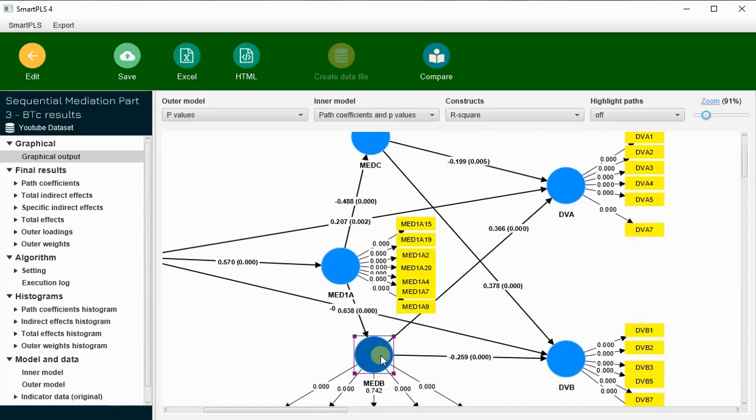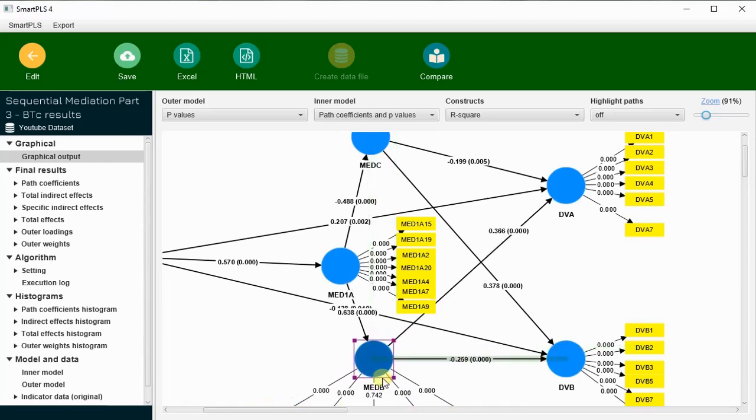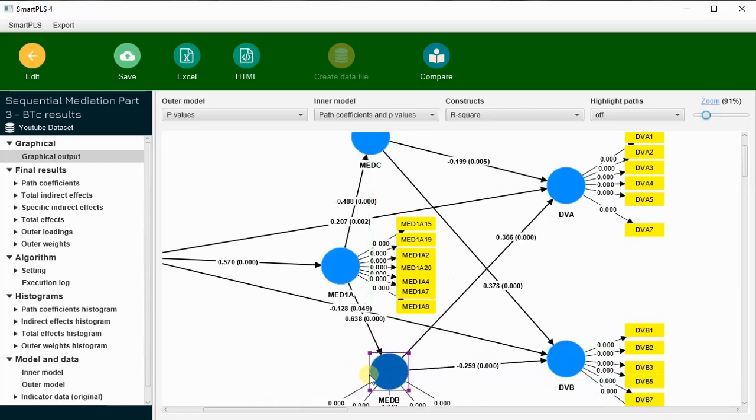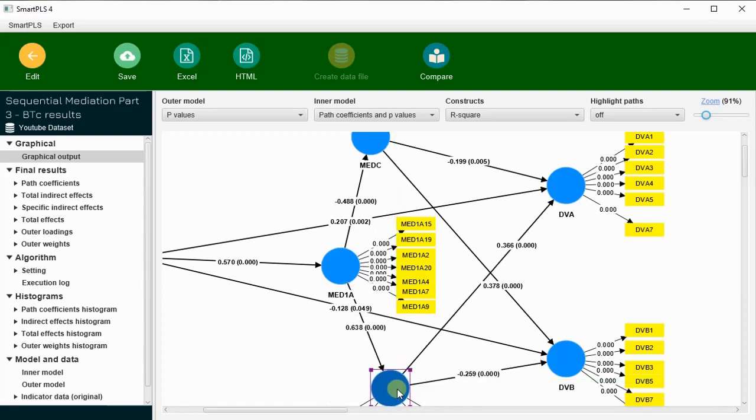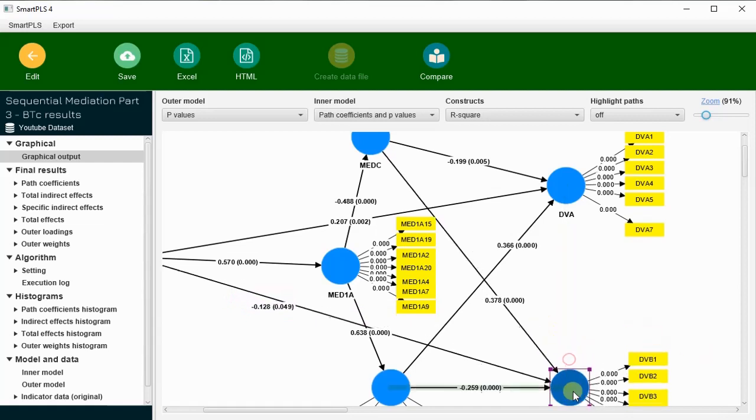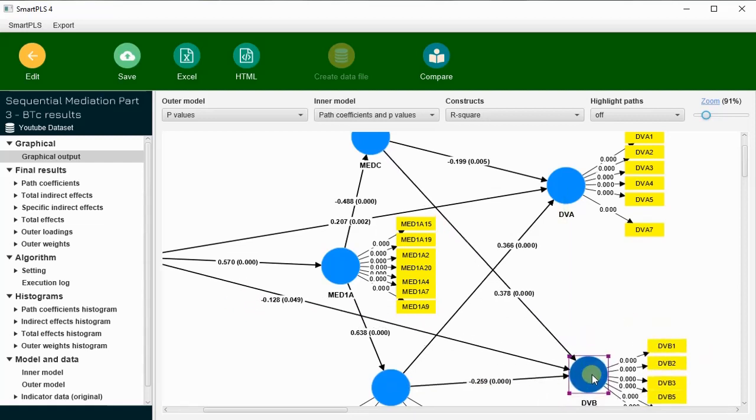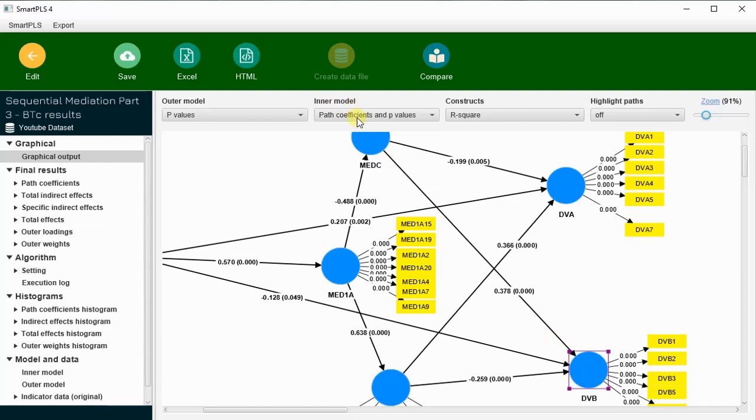If two values are overlapping, then you can drag or move the variable, so you can easily analyze which coefficient is for which arrow, and accordingly you can move backward or forward to specifically locate the exact position of your variable. Similarly you can see here also. Okay, the output is